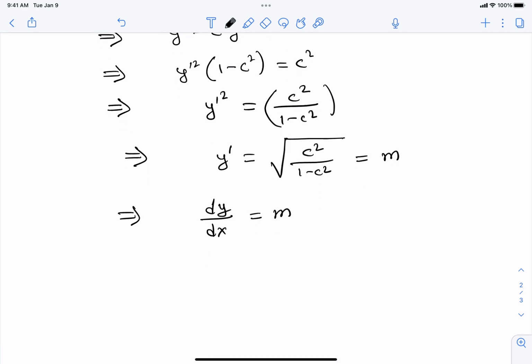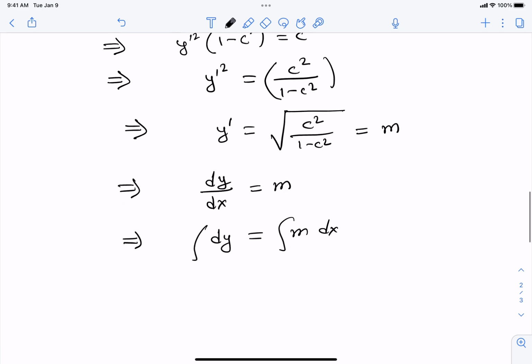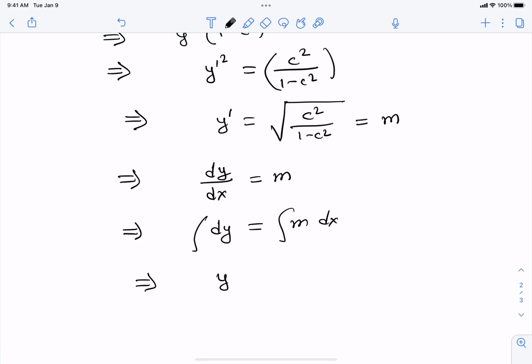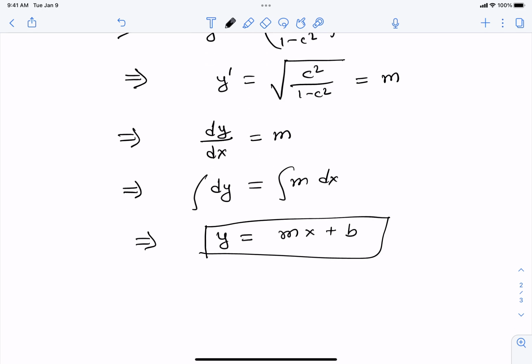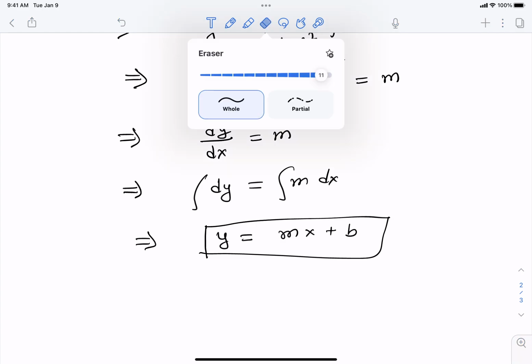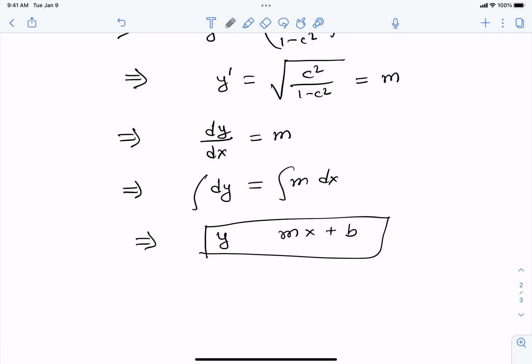Now this is a simple first order differential equation. We can solve this very easily. Let's do that. So dy becomes m dx. Let's integrate this. If we integrate this, we will get y equals mx plus some other constant. Let's call it b. Okay, so this is the functional form of y. So y as a function of x equals mx plus b. So this is the functional form